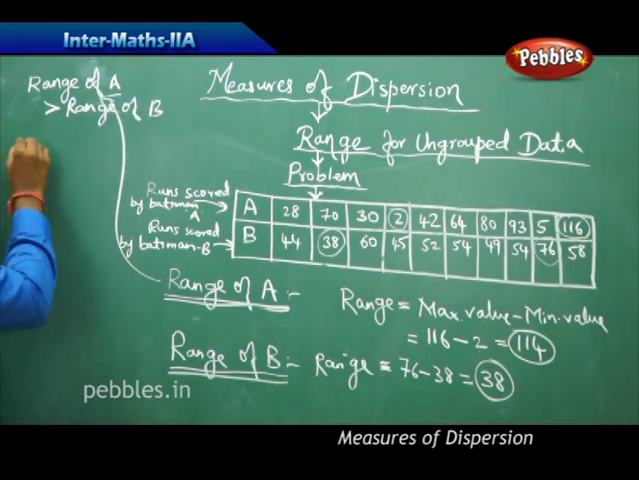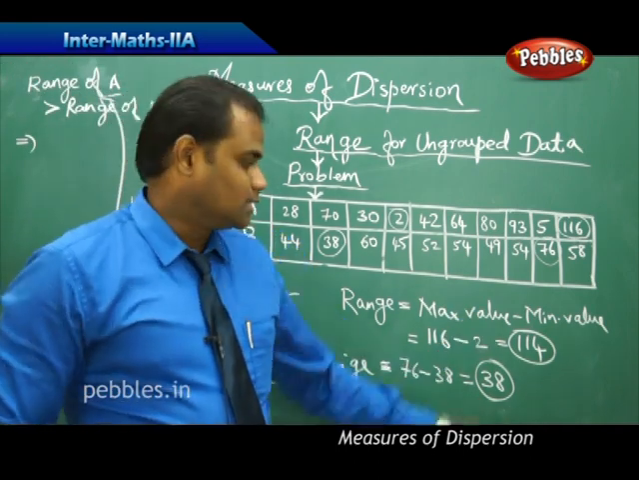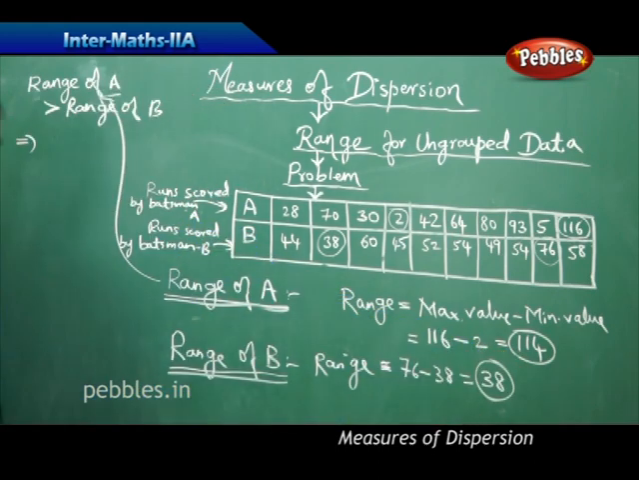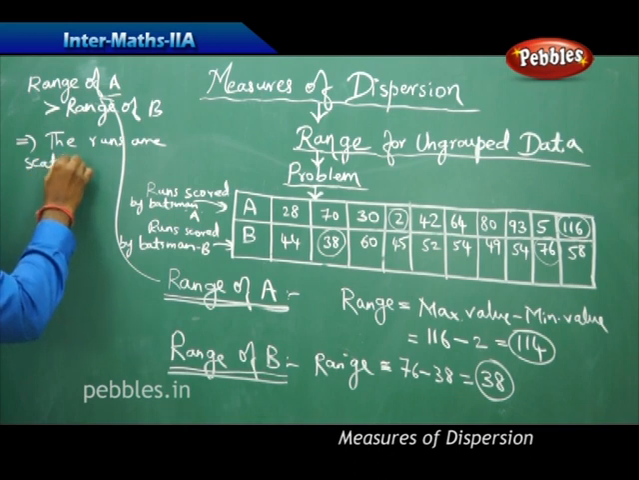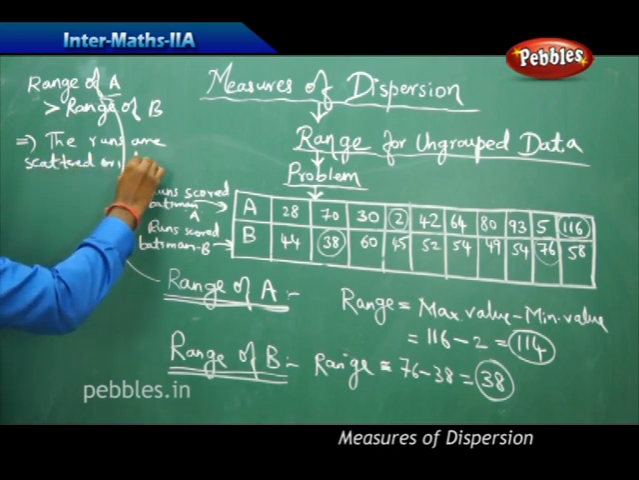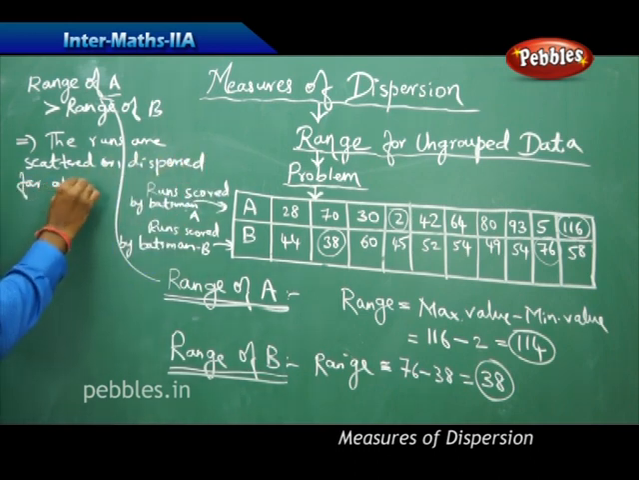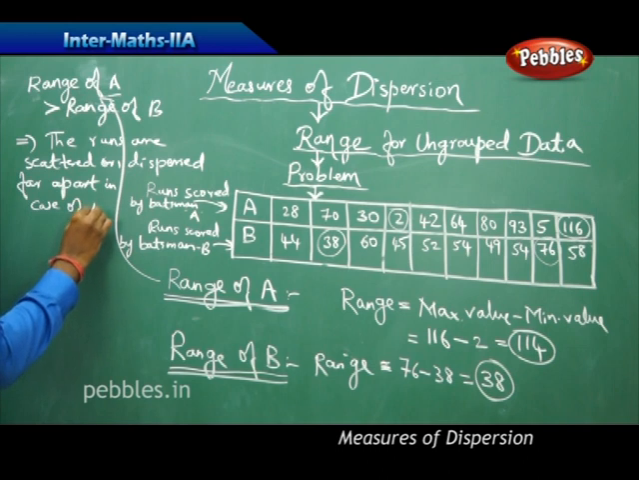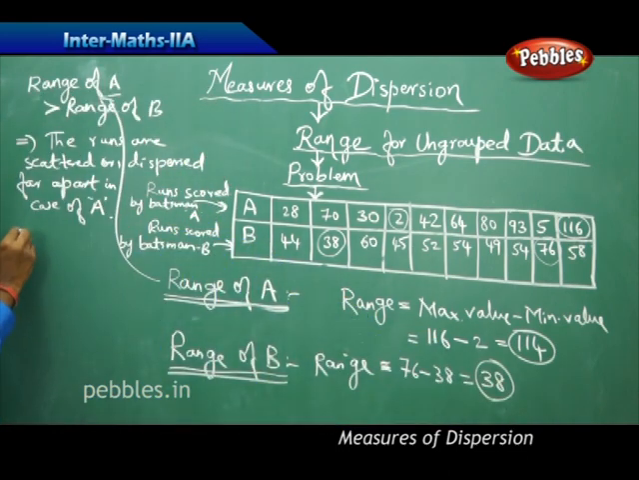range of B. That means when I say higher the range, the more the data points are scattered or dispersed or varied. So therefore, in case of A, that implies the runs are scattered or dispersed far apart in case of batsman A. And when the range is reasonably less, then that implies that the runs are